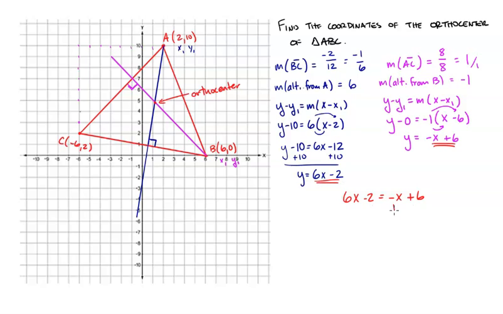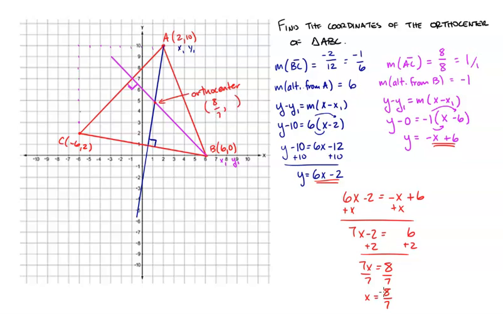So let's go ahead and solve this by adding x to both sides. 7x minus 2 equals 6. Then I'll add 2 to both sides, and I'll have 7x equals 8. If I divide by 7 on both sides, the x-coordinate of my orthocenter should be 8 over 7, which is just a little bit more than 1. That's exactly what we thought it might be, just a little bit to the right of 1. Okay, so that orthocenter is 8 over 7,